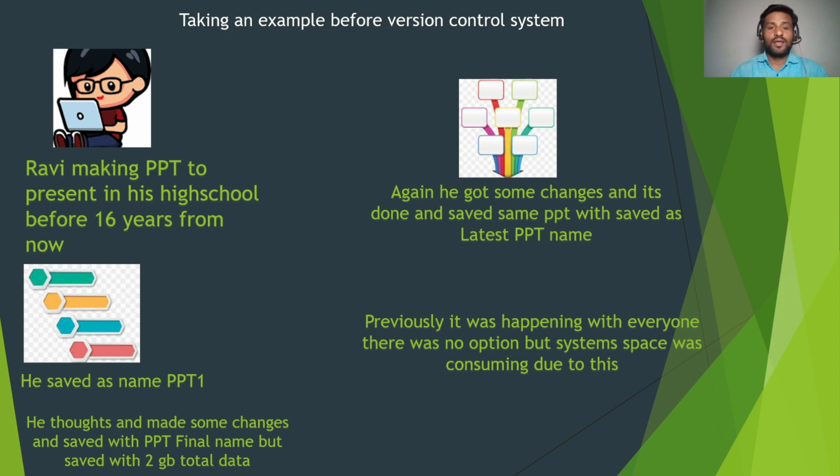After making that, he realized that he had saved the PPT under the name PPT1, and some changes needed to be done. So he made some changes in the PPT1 file and saved the same PPT again as ppt final, and consider that the PPT is 2 GB. This is also saved with 2 GB, and suppose 1 MB is added by including the changes, so 2.1 GB is saved in the same system. This is 2 GB, this is